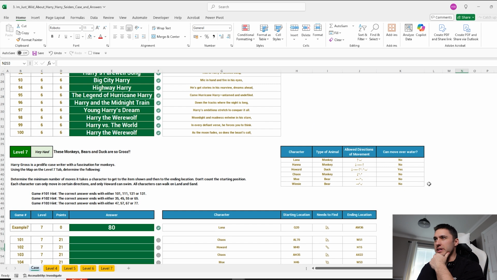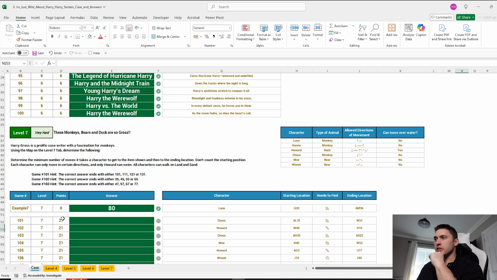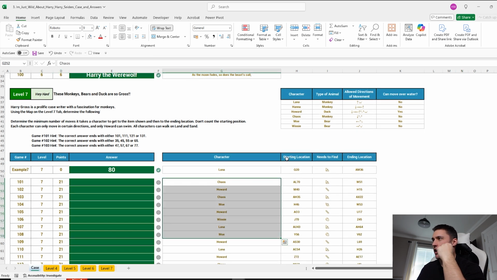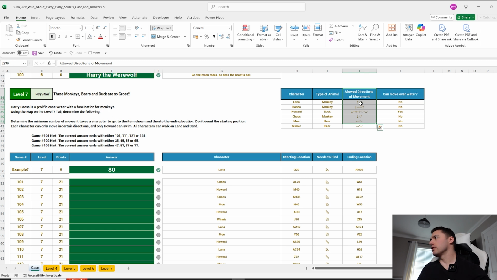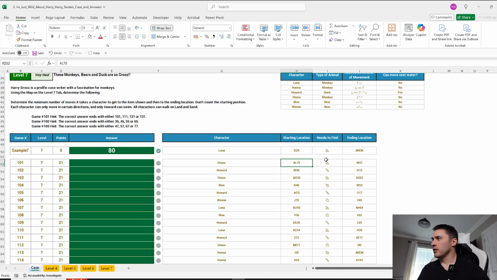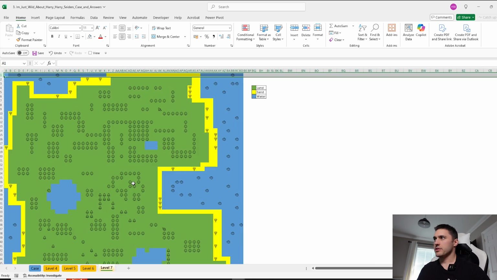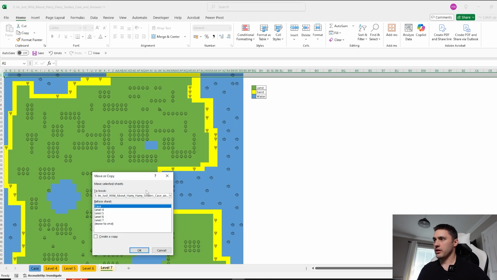Okay, and now on to the beast of a question that is level 7. So this has most of the points in the case at 420 points. Basically, we have a bunch of characters, but they can only move in certain directions. They need to go from a start cell, collect an item, and then go to an ending cell, and we need to determine how many steps that is. Now, this is a common map question, and the map is here, so let's just copy this out to a new tab